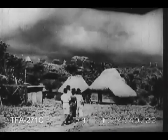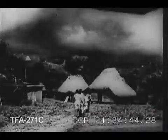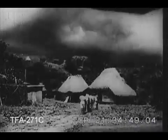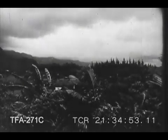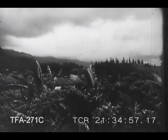The cloud hovering in the background is not a fire or a volcano. It is just the rain that hangs over Panama many months of the year. Amid such surroundings as these, one of the greatest engineering feats of all time was destined to be accomplished. For Panama, the narrow isthmus connecting the two continents, was the logical place for the construction of the gateway to